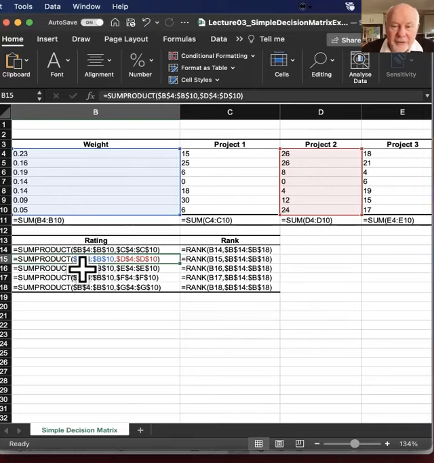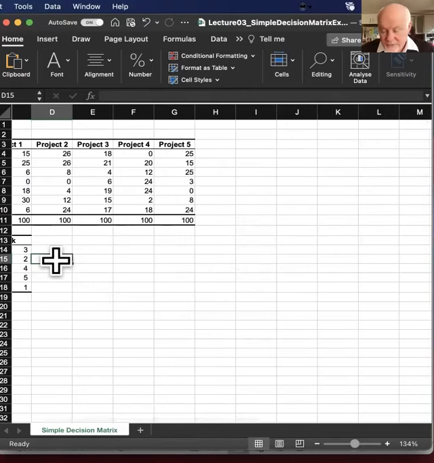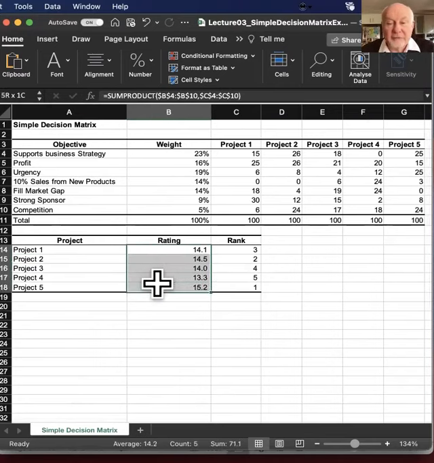So they're all just added up, and that gives us a set of scores. Okay, so you end up with an aggregated